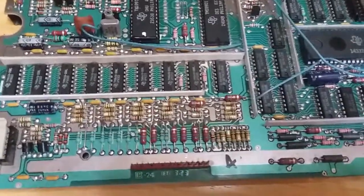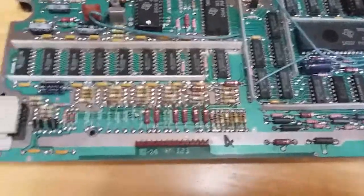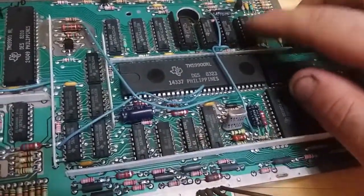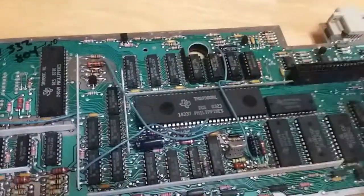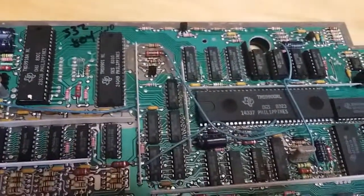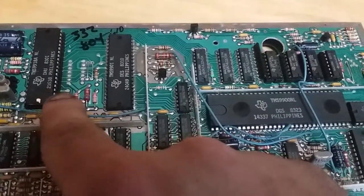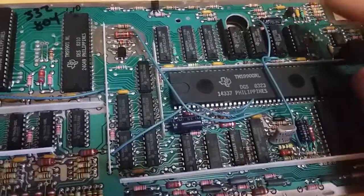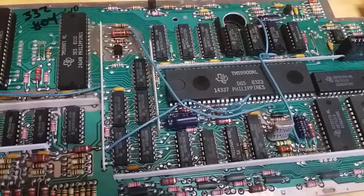So I took the 5-pin DIN connector apart for the modulator, and it turns out it had been repaired before. And I should have known that from the sound chip here, because this is not the original sound chip. This is the replacement model for the original sound chip. Because when I unsocketed these 3 and the video chip, there was a lot of oxidation, not corrosion, but just black oxidation all over the pins. Cleaned them up. This one still looked brand new. Like the legs were brand new looking. So somebody had repaired this, and there was a lot of solder on the modulator,